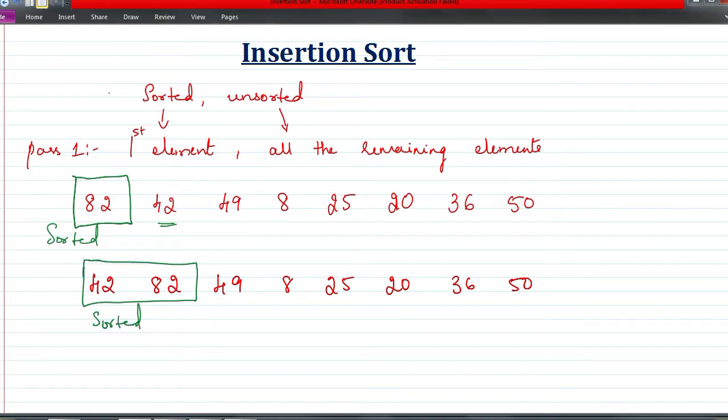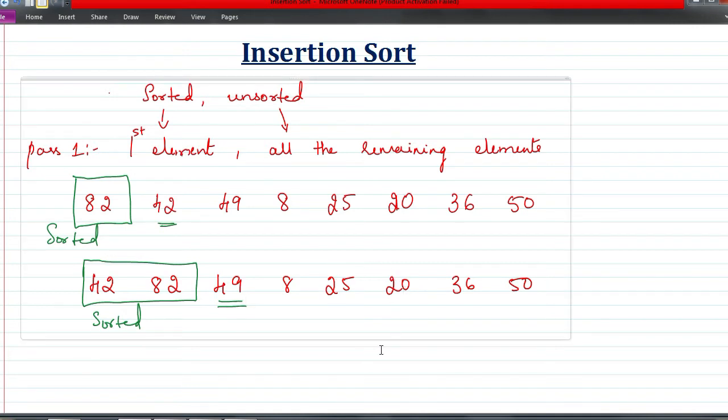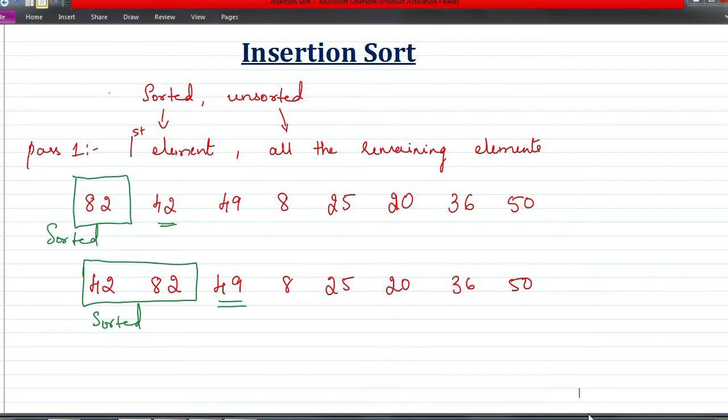Next you are going to consider the first element of the unsorted part. Now there are two ways of writing the algorithm, observe carefully. We will choose the second way of implementation because it is very easy to understand and very easy to implement. Okay, so now I'll take this 49. I should put it in the appropriate position in the sorted array, where the elements are already arranged in proper order. Now 49 is compared with 42. We keep comparing in sequential order. When we get an element greater than the number to be inserted, we push all the elements from the end one position to the right so that we make space for this number to be inserted here.